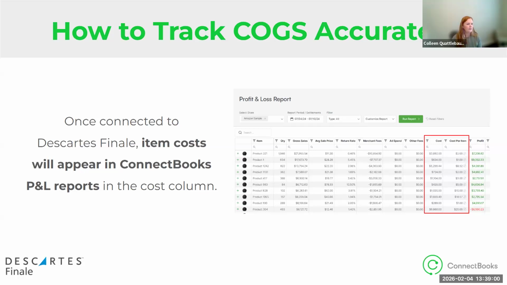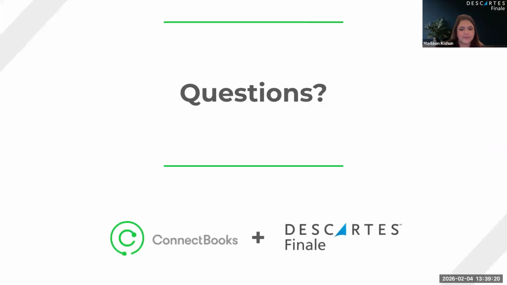Great. And Madison, what is the typical onboarding implementation timeline at Finale? Yeah, so our average onboarding time is about 4 to 6 weeks. As you can imagine, that definitely depends on the state of your data. So if you're relatively organized, have a lot of your SKUs cleaned up, descriptions, all of your item details ready, then typically that 4 to 6 weeks is a little bit shorter. But on average, 4 to 6 weeks. And with Finale, you do get assigned a dedicated implementation manager that will help set up your account from start